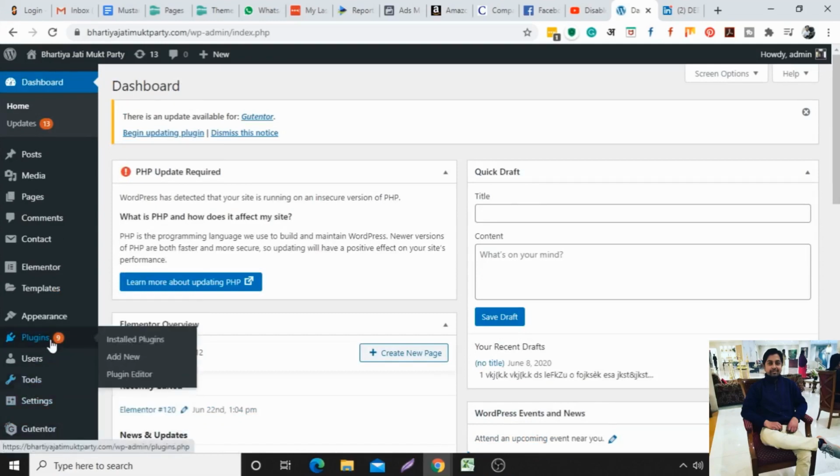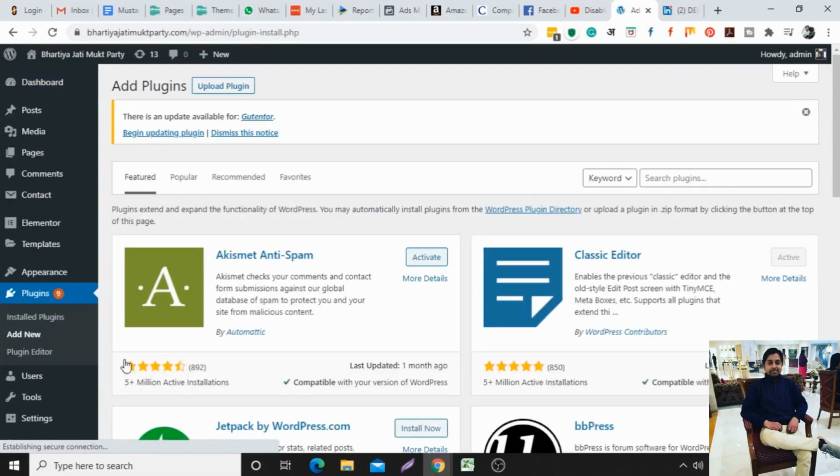To disable the comments, we will use a plugin, as many of you will not be good at coding, so we will make use of a plugin so that it becomes easy for you. So just go to the plugin section, click on add new. In the keyword search option, just type disable comments.